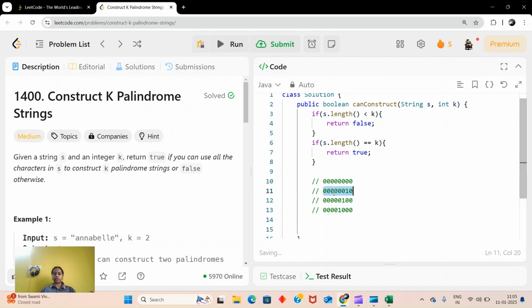When we do the XOR with this, what will happen is, in the hash approach we were using a 25-size array and then counting. So here it will be like 25 zeros, consider. Okay, these are 25 zeros. My 0 will be here, my a will be here. If it is 1, that means a has an odd count. If it is 0, that means a has an even count. So every time I do, let's say I got a,